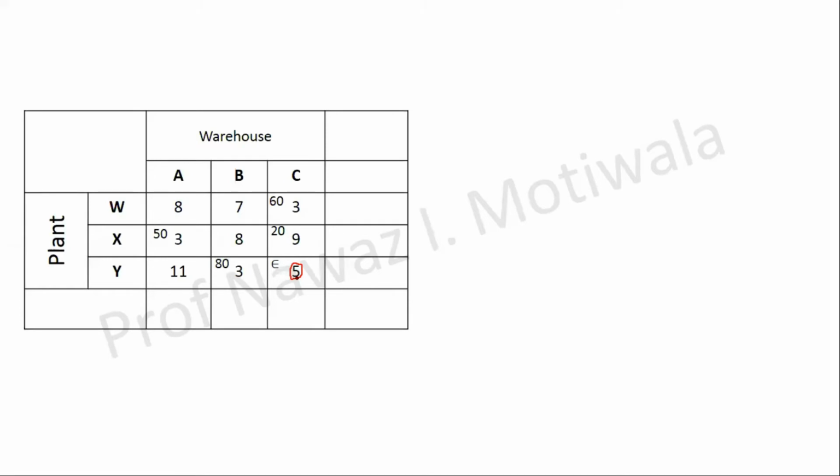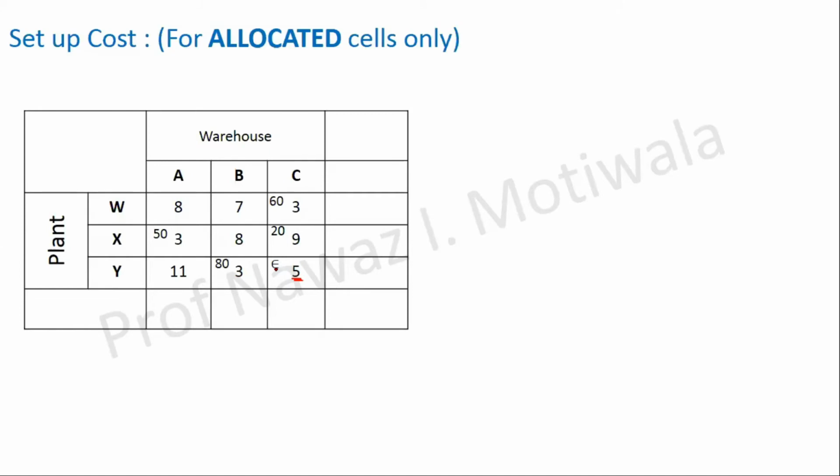At the minimum cost cell, you have to make an allocation of epsilon, where epsilon is very near to 0. It is not 0, it is very near to 0, or you can say it is tending to 0. That means allocating here will not affect the solution, but our problem will become non-degenerate from degenerate. After doing this, it is now a non-degenerate solution.